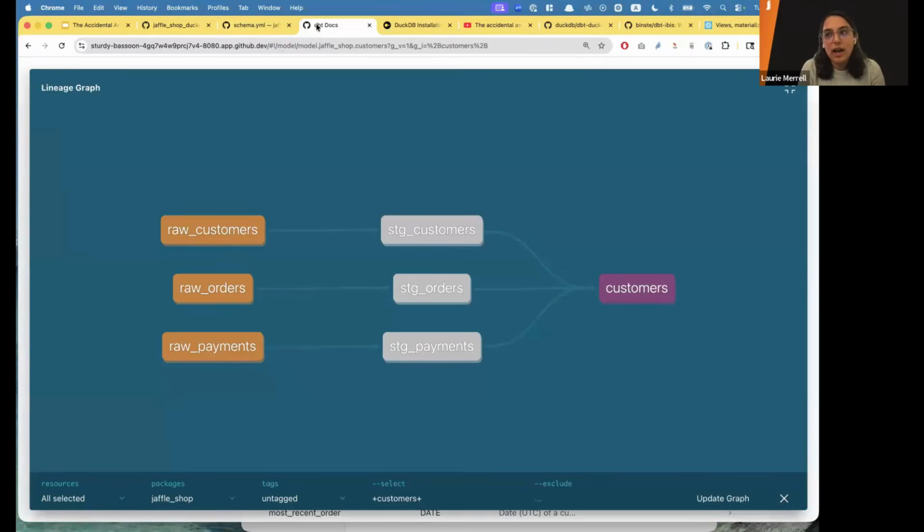But DBT core, the bare bones version, is sort of in between. It's more of a framework for how you organize your code than inherently an environment, if that makes sense.